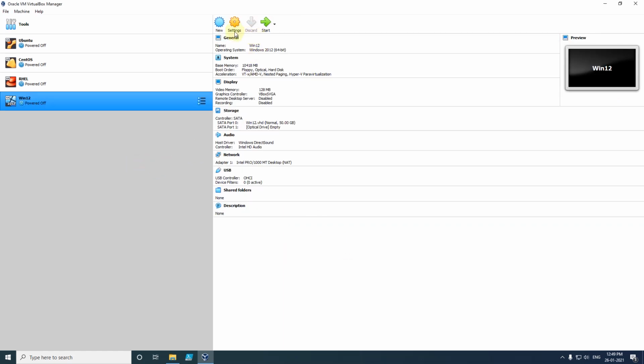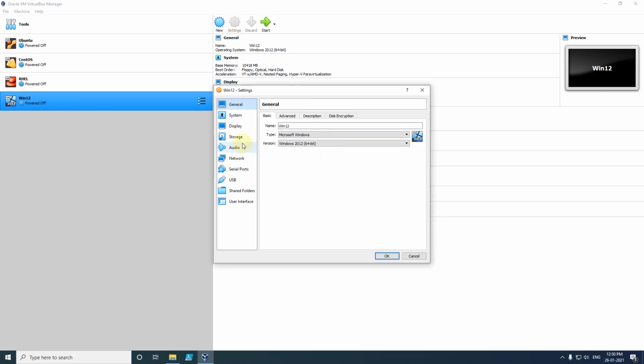As soon as I clicked on create, our VM got created, and on the right side we can see the configuration information of the VM. On the left side, in the highlighted bar, you can see the name of our VM. Currently this VM does not have any OS in it. So to load the OS image, I will have to click on settings.